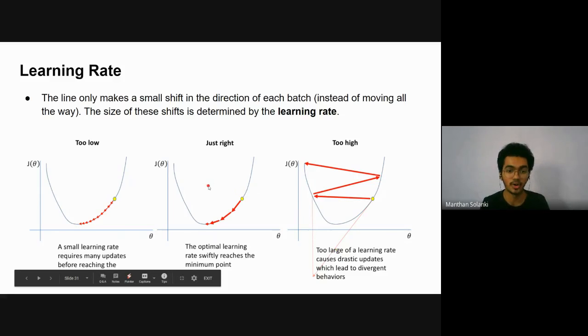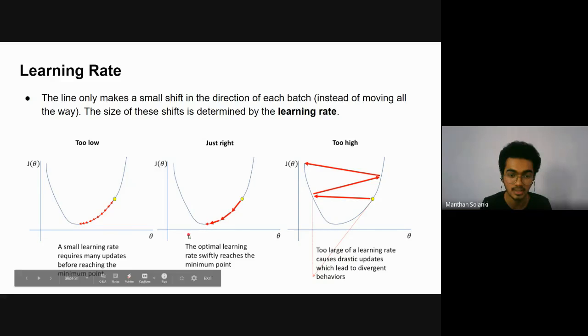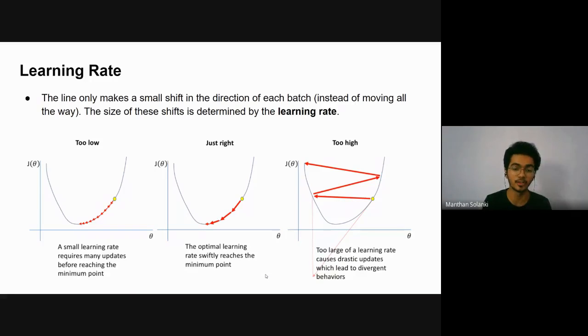The right value for the learning rate is one where I take bigger steps at first, but as I get close to the convergence point, I take smaller ones. This is how the learning rate should be chosen before training the model. So this is why the learning rate is very important for our model.